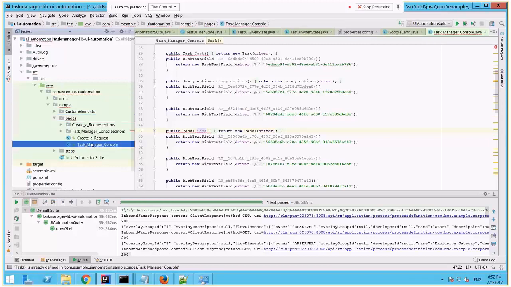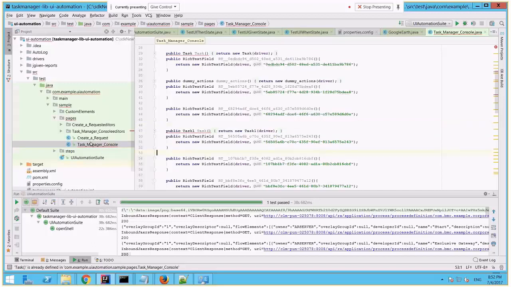Now we can see there is one error. Why this error? We have to remember that the utility we use to load the class is basically there to help the tester quickly build the classes. But there are still a few glitches that we have to live with and correct manually. For example, in the Innovation Suite, here is the error it is throwing, in the task manager console, it is making use of